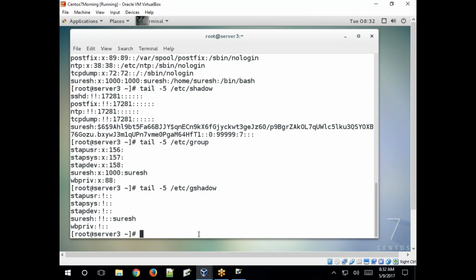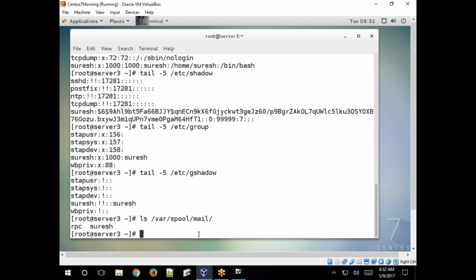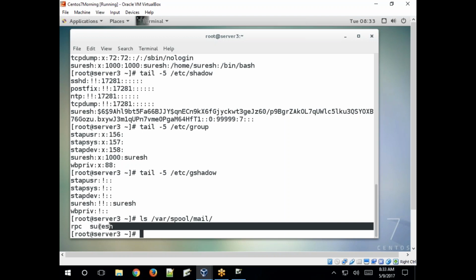Okay, so these are the files, right? Next I'll show you ls /var/spool/mail. When Suresh is created, one mail spool directory is created for the Suresh user.